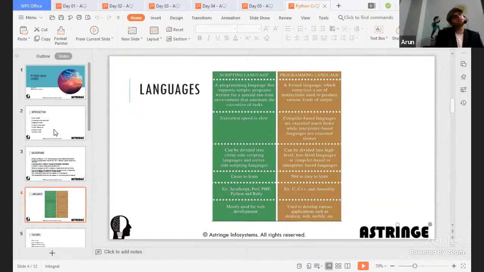So I'll not say Python could be used both as scripting as well as programming language, but it depends. What I can say is, if Python is only used for some specific procedural types, it could be acting as a scripting language. But if Python is used for some object-oriented and complex functionality, it could be acting as a formal programming language. So it depends on the use cases and the scenarios.